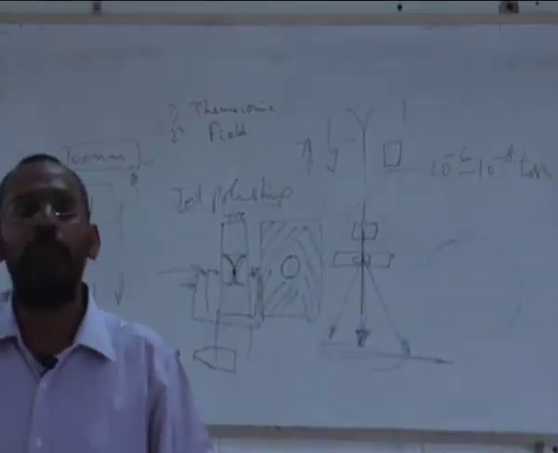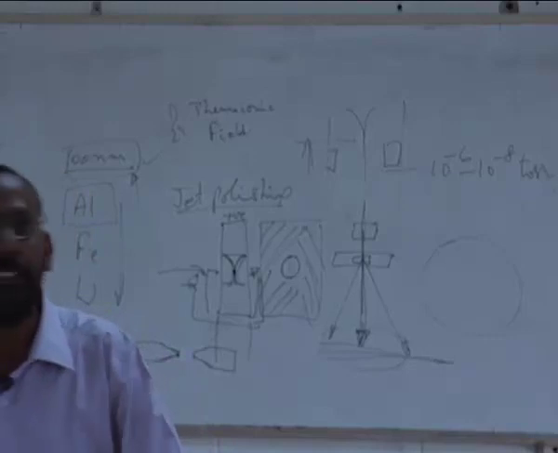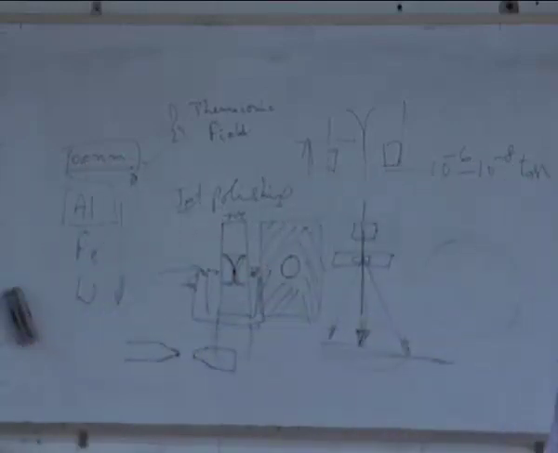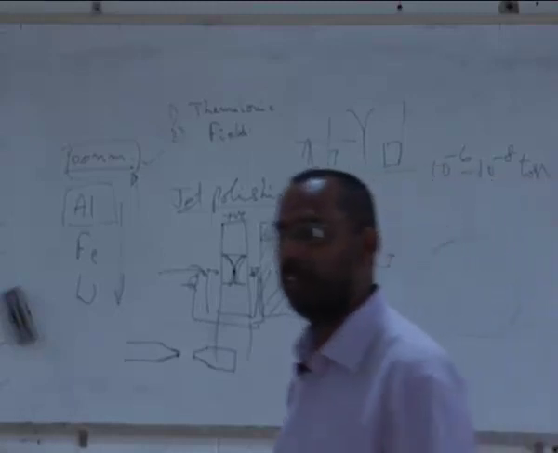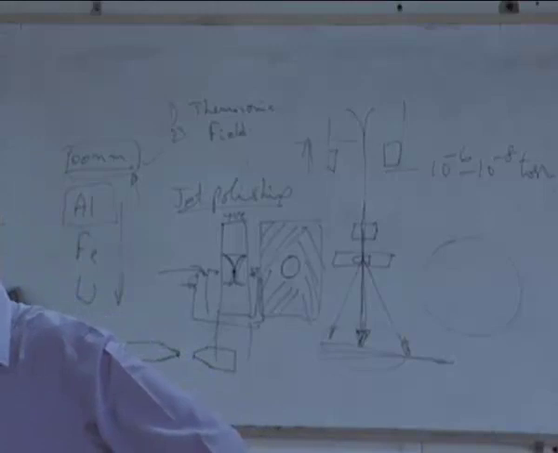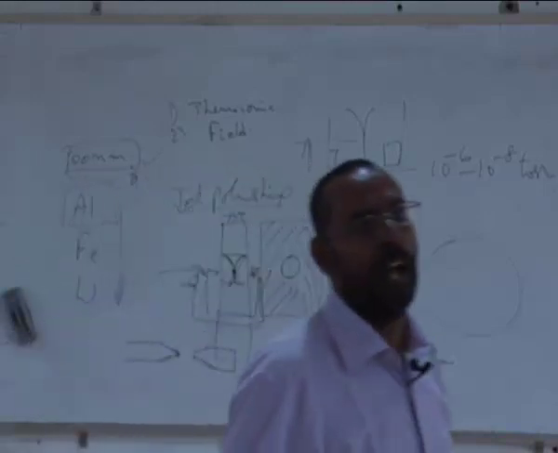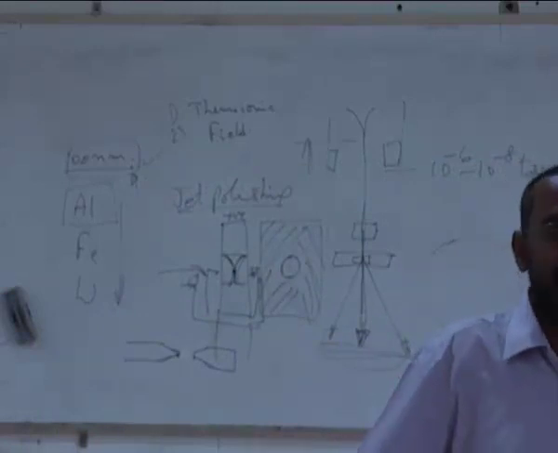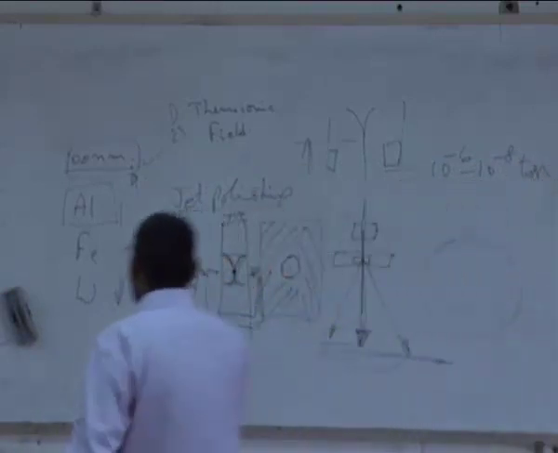And if your sample is not metallic, let us say I have a polymer, I want to see it in a TEM. It's a non-conducting polymer. Or I have a ceramic, I want to see a ceramic in a TEM. So how do I see them? There are so many ceramics people work on, and I want to see them also. So how do I see them? That is when you need to use something else.